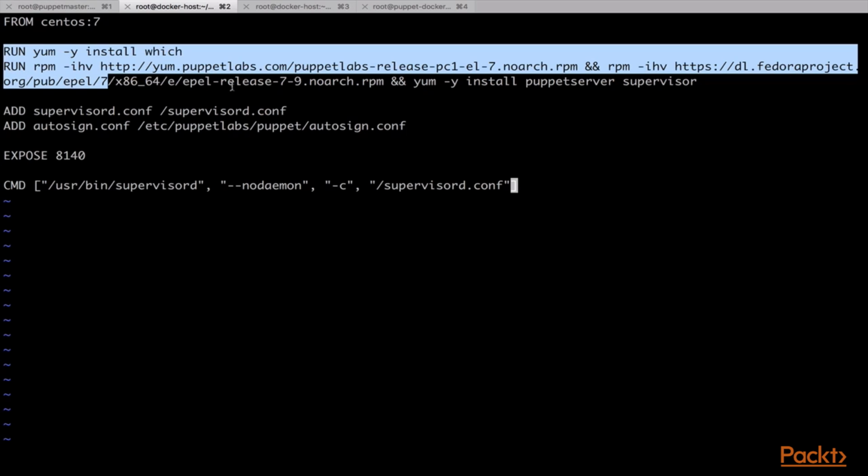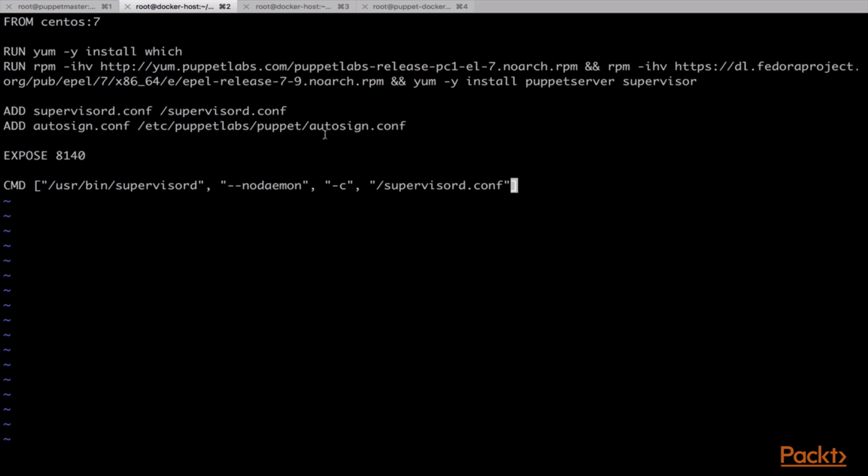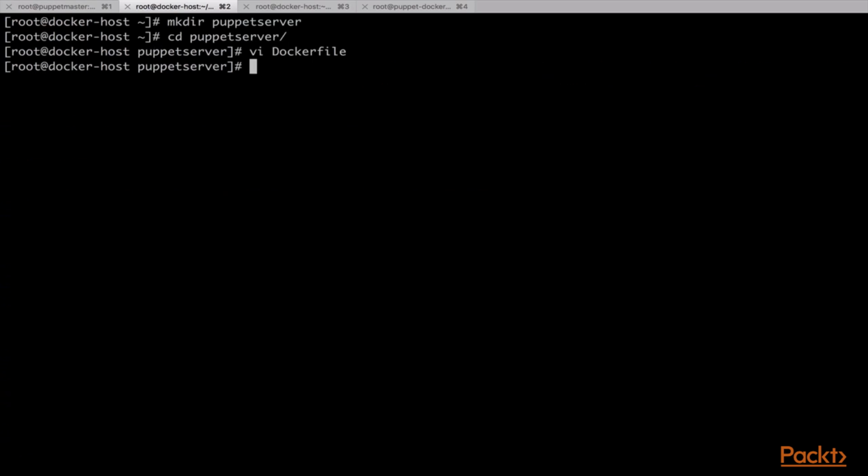We have then added a couple of ADD instructions to copy some files to the container from our base host. We will create these files later. We have then exposed the Puppet server port 8140 with the EXPOSE instruction, and finally we have added the CMD instruction to make sure that the supervisor process runs the Puppet server service. We'll now save this file, and we'll create the second file, which is